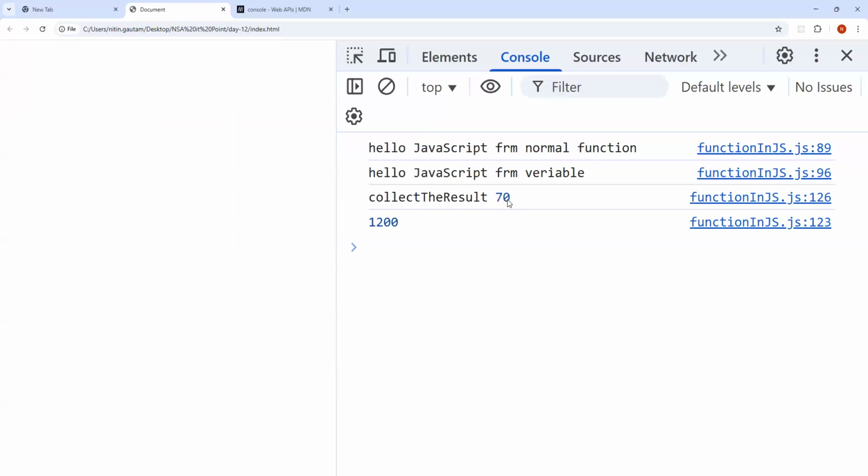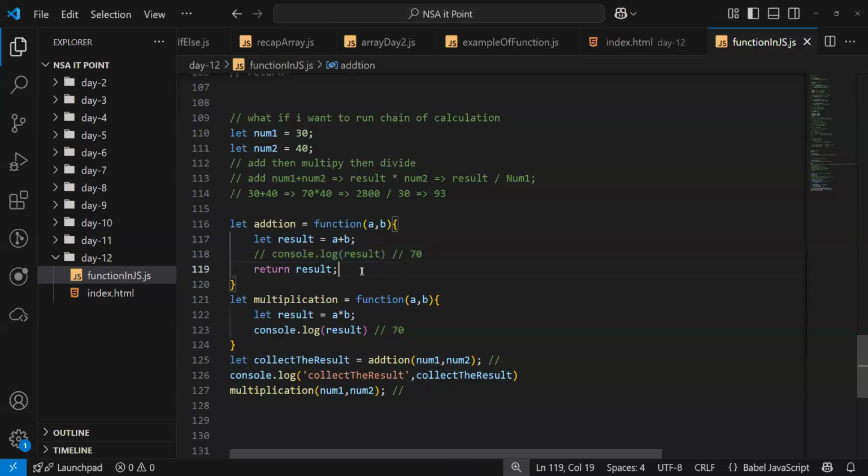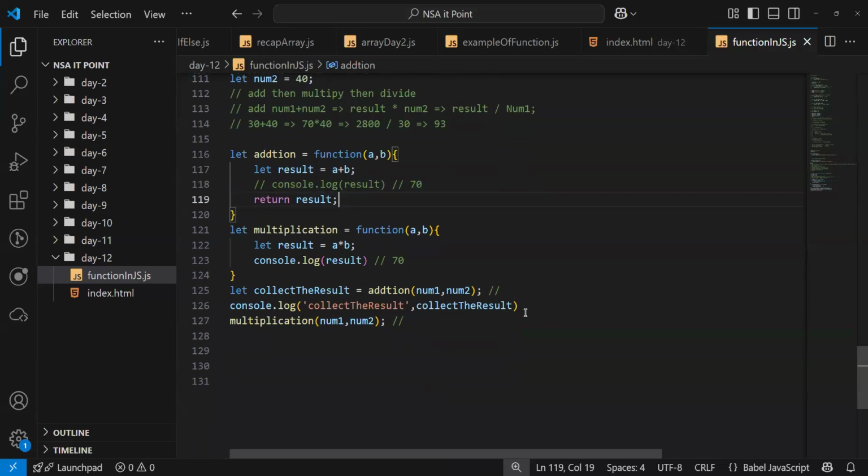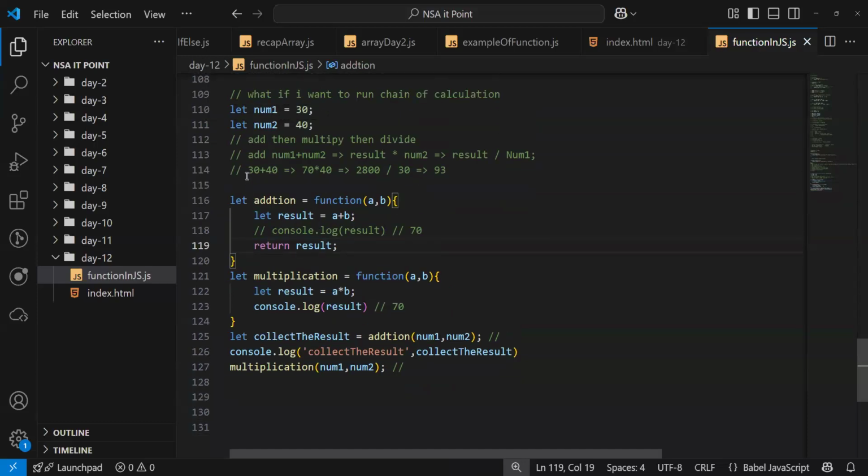Did you get it? Does everyone understand the return keyword? I know it's a little bit confusing, but does everyone understand the return keyword? Does anyone need any help or clarity? Is that clear? Yes or no? We are running out of time, I understand, but yes or no? Okay, we will see. Let's just achieve this one, we will see properly.